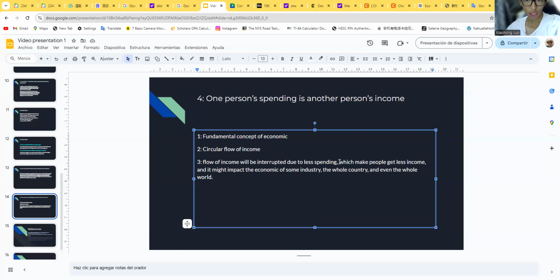So high prices can make people get less income in a certain way, and the flow of income might impact the economics of some industry. In this case, it is Dunkin' Donuts or the food industry. In this case, even the whole country